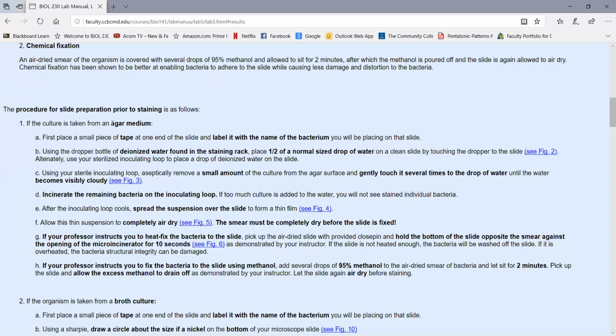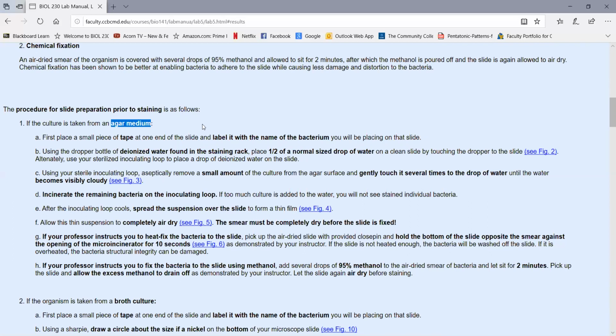Now, in most labs, we are going to take the bacteria off of an agar plate in order to stain them rather than out of a broth culture. So keep in mind, if they're growing on an agar plate, all the bacteria are growing stuck to one another, piled up on top of one another. And you can't see shapes and arrangements. You can't get reliable gram stains if the bacteria are just piled on top of one another. So we need to separate the bacteria in a drop of water on the slide so we can see individual